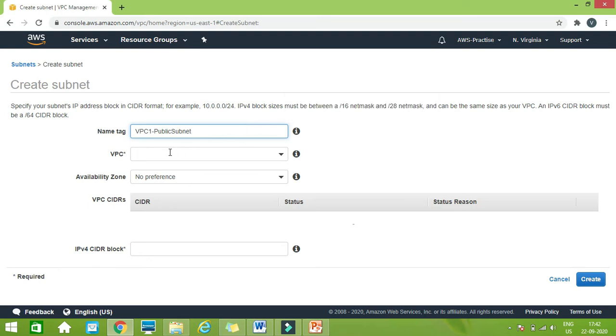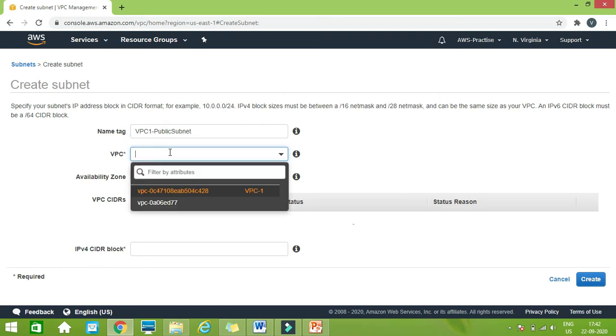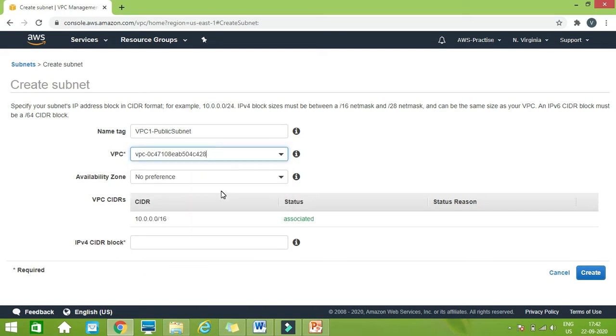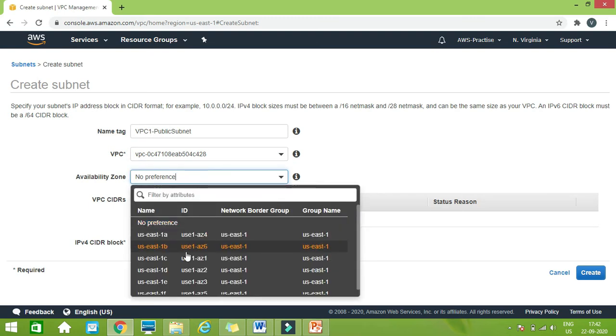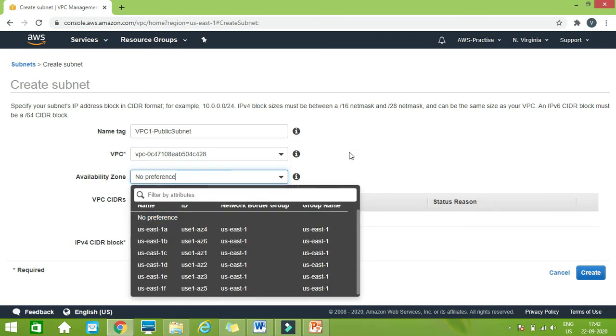Now which VPC should this subnet be inside? We have one default VPC, and this is the one which we have created. So I want to create the subnetwork inside the VPC which we have created. Then availability zones: there are many availability zones. You can give any preference or just leave it.